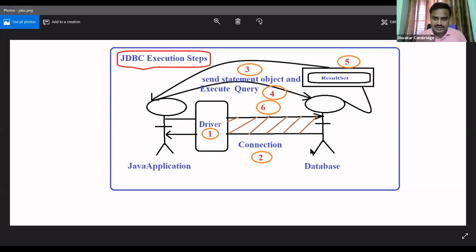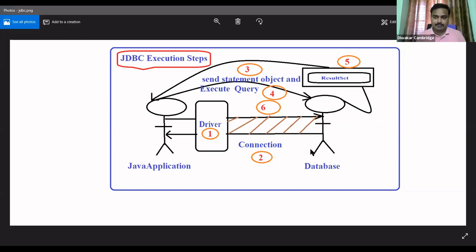What I mean is that you have to establish the socket connection between JDBC and the database. Third step, you have to create a statement object and send it to the database. Fourth step, you have to execute the query.